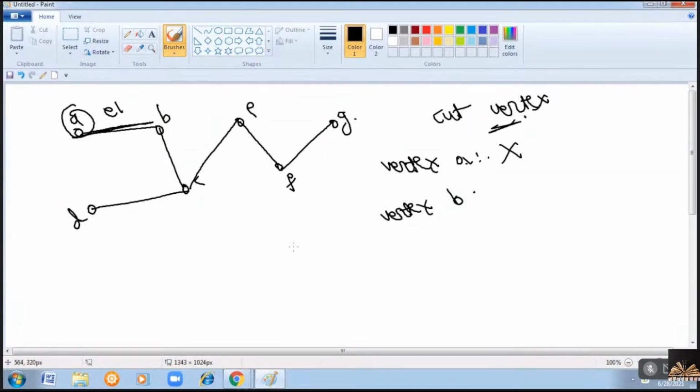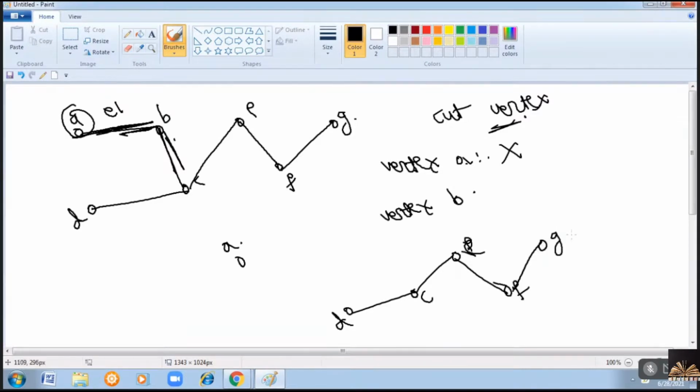What will happen if you remove the vertex B? The edges incident with it should also be removed. Then you will have a graph with only one vertex A, because you are removing these two edges. Then you will have only A here. Now B is removed, so you will have D, C, E, F, and G. I can treat the single vertex as a null graph. Null graph means a graph with an isolated vertex. So it can be one graph.